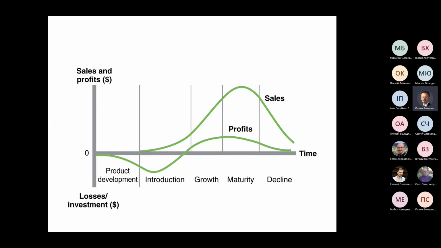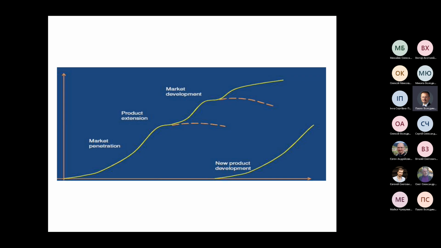We are trying to understand in which stage every strategic business unit is now, and we are placing every strategic business unit with the help of the estimation of the stage of the life cycle. The general idea of the matrix is to support